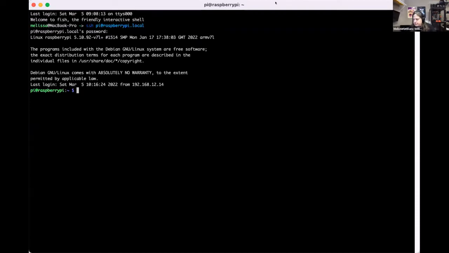And this is, I have connected to a fresh Raspberry Pi. I used the Raspberry Pi Imager just to install it, and I have done nothing on here. So I'm going to show you how to get it set up from a completely new SD card. I did put in my Wi-Fi settings, the time zone, the keyboard and all that sort of stuff using the Imager itself, but otherwise this is brand new.